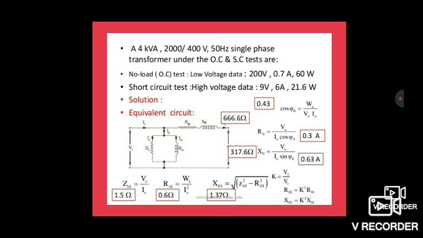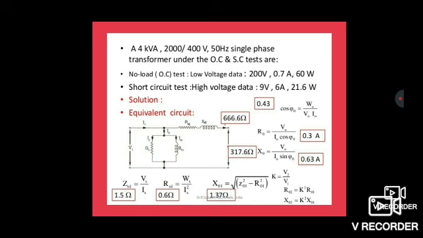We have to find the equivalent circuit first by applying the formula. Z01 is Vs divided by Is. We know the value of Vs and Is. Therefore, it is equal to 1.5 ohm. Next, R01 is Ws divided by Is squared. Ws is the short circuit wattmeter reading. Is is also the short circuit ammeter reading. Therefore, R01 equals 0.6 ohm. And X01 is root of Z01 squared minus R01 squared. We know the value of Z01 and R01, so by applying the formula the answer is 1.37 ohm.